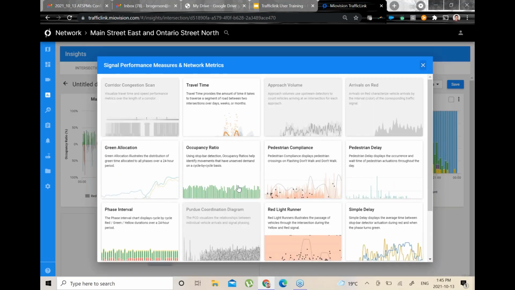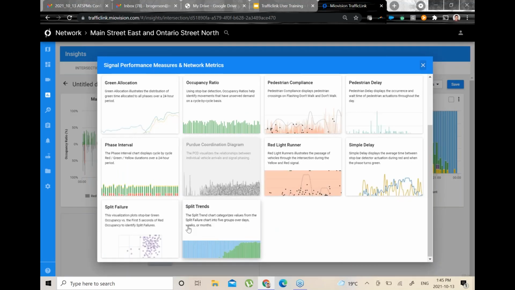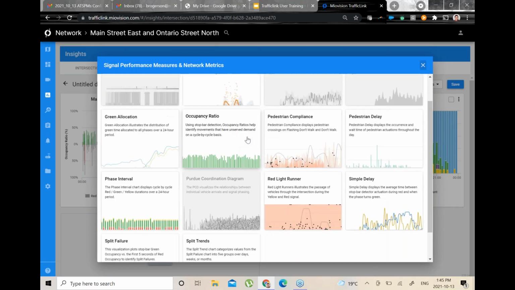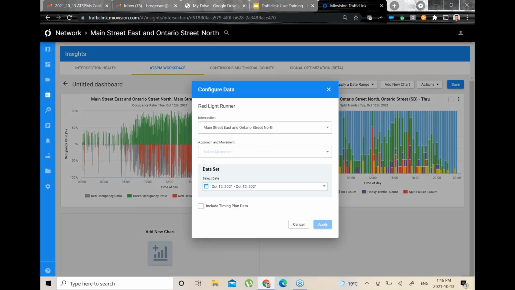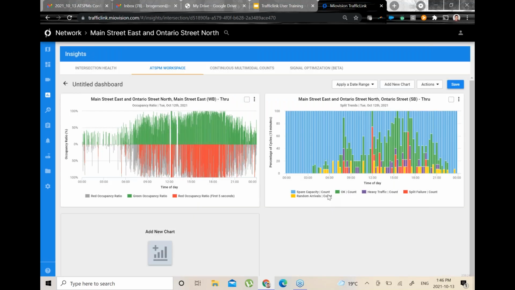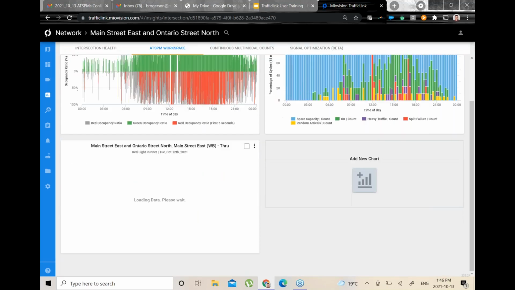So I'll go back to this page here. And so now you can see how each one of those charts could be created. You can click on them, select your time period, and open up the charts for any particular movement. I'm curious now because there is some pretty high use on some of these approaches, pretty high saturation. I wonder if that gets reflected into red light running at the same time. So now you can start getting the combination effect of what's causing what at the intersection.